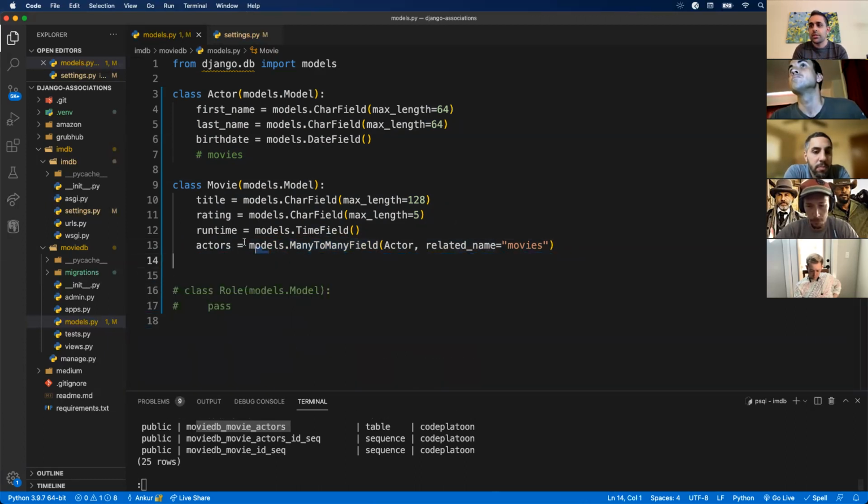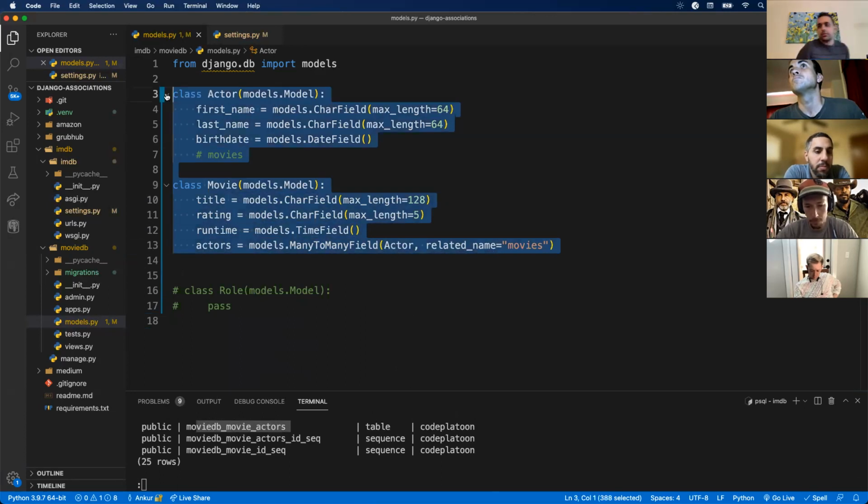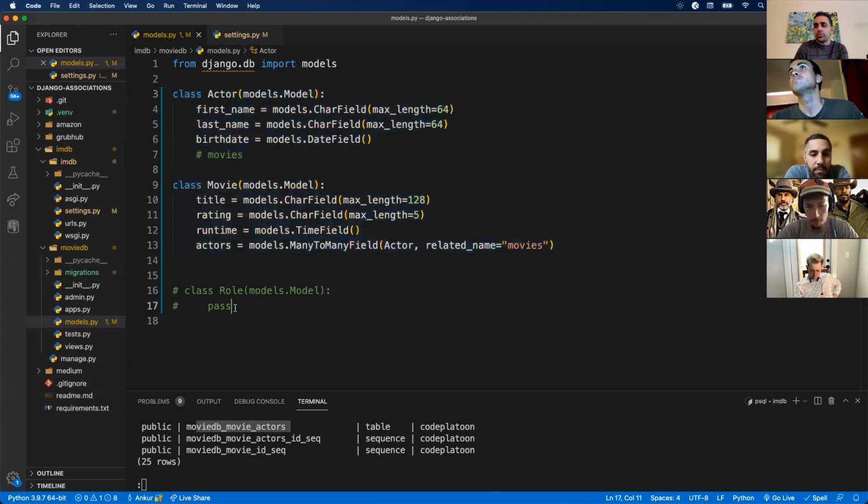All right, so this can model what we want to, but what if we need to do something else, right? So there's a reason why this role model may need to exist. So if we go to role, all right, so James Bond is a role in a movie. So we need a character name. Let's go with character name, which is going to be a CharField.